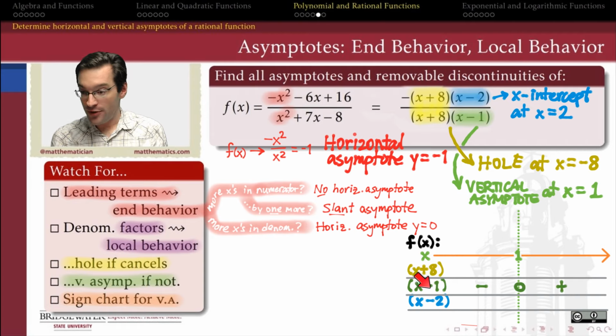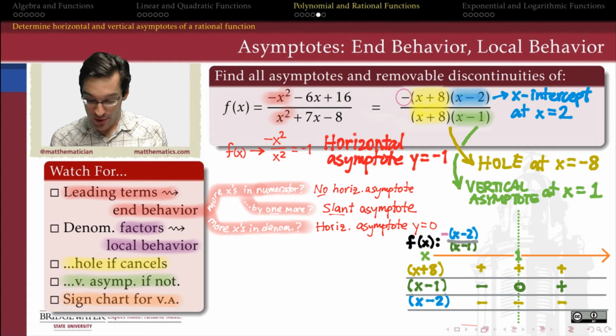Well, x minus 1 is the only factor changing sign near x equals 1. It's negative on the left, it's positive on the right, and it's 0 at x equals 1. The other factors have a constant sign. X plus 8 is always positive near x equals 1. X minus 2 is always negative near x equals 1. And so f of x is a minus sign attached to an x minus 2 divided by an x minus 1. And so when I take the signs of that x minus 2 and x minus 1,